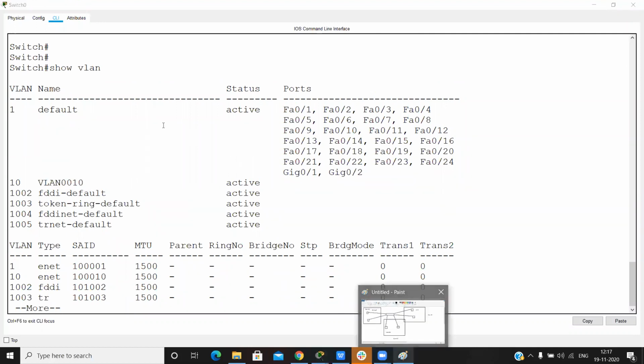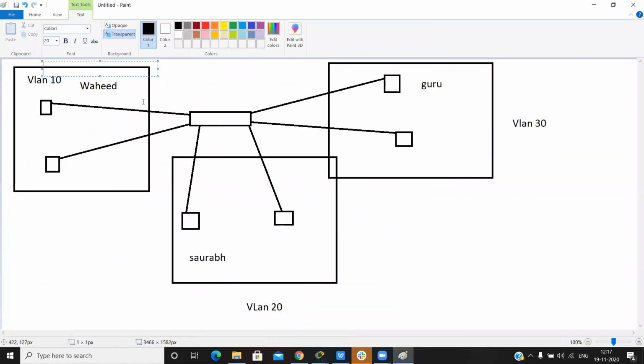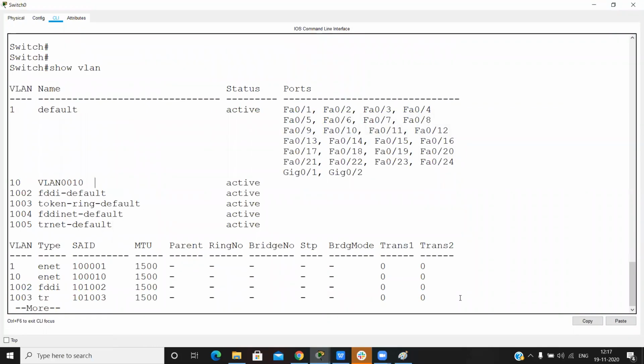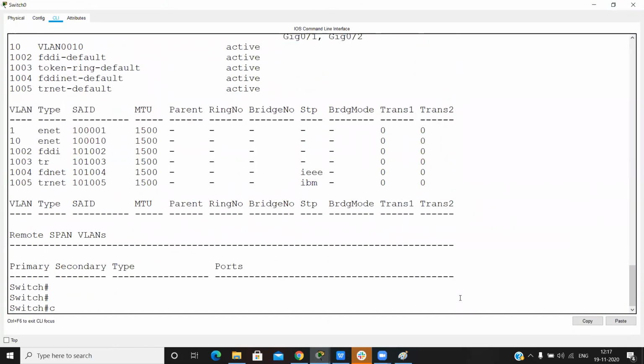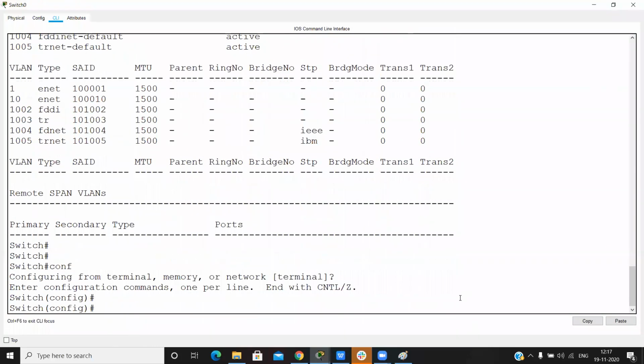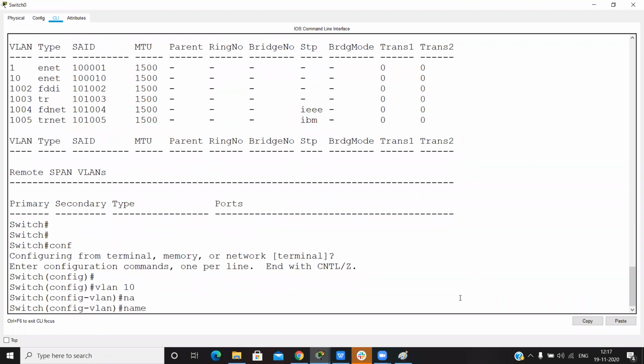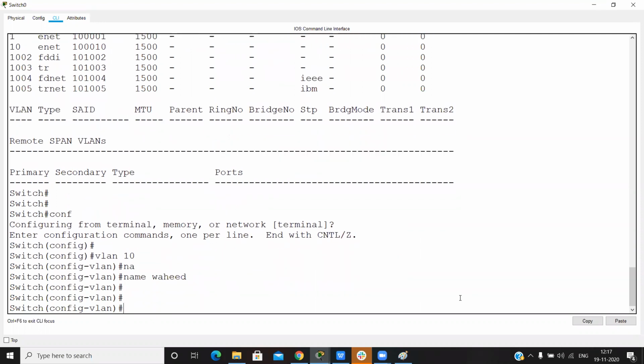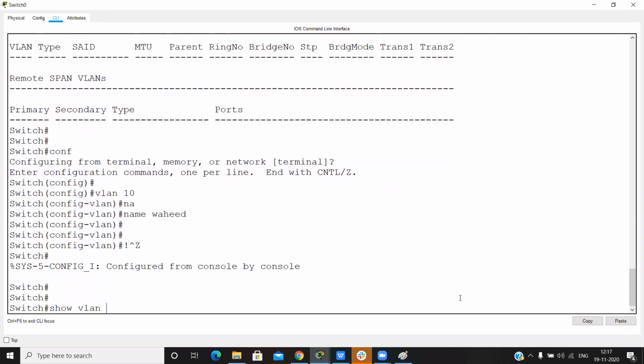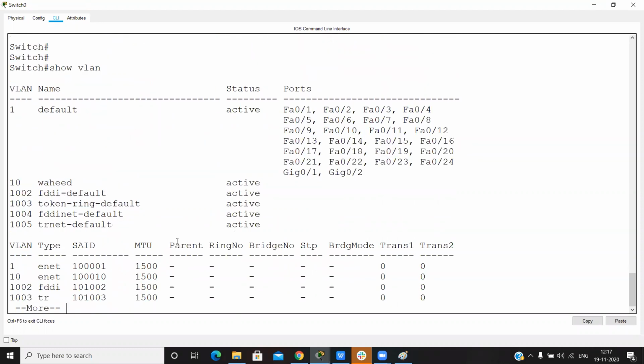We want VLAN 10's name to be Wahid, so to identify it, we give a name to this VLAN. Go into VLAN 10 and give any name, like Y. So now our VLAN name is Y. Okay, bro. Yes, sir.